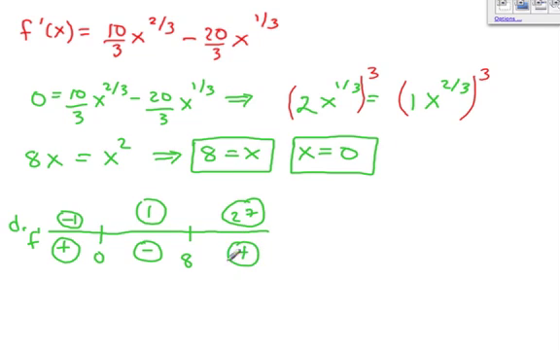So it's going up. So the function is going up, then down, then up. That means this is a maximum and this is a minimum. We good with that? Yep. All right, moving on. So we need our